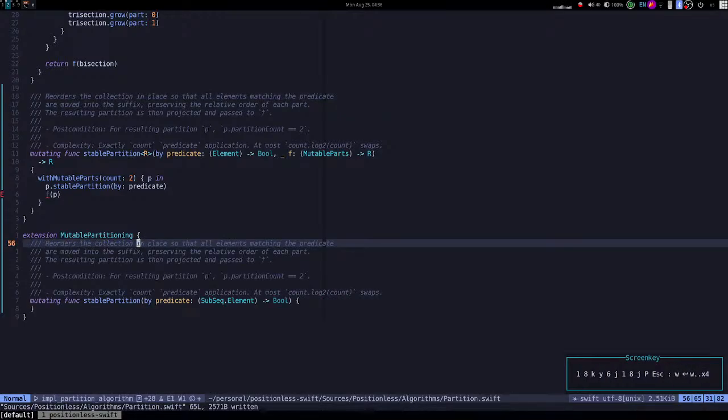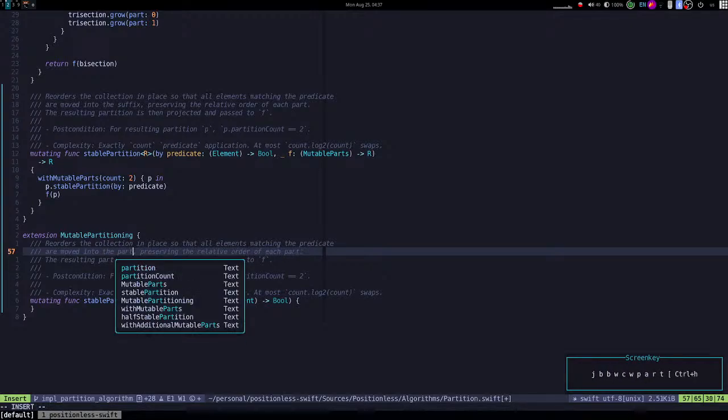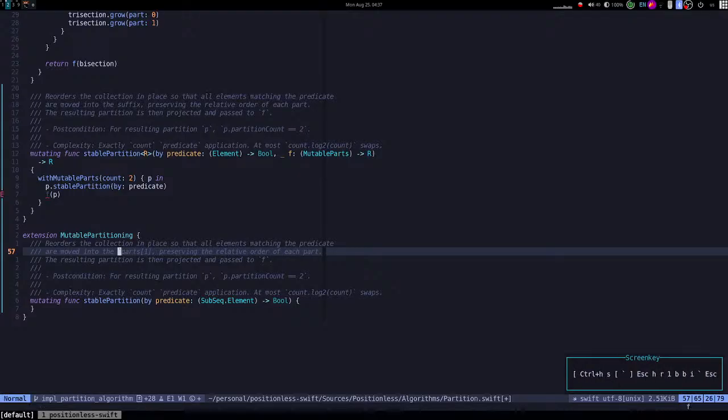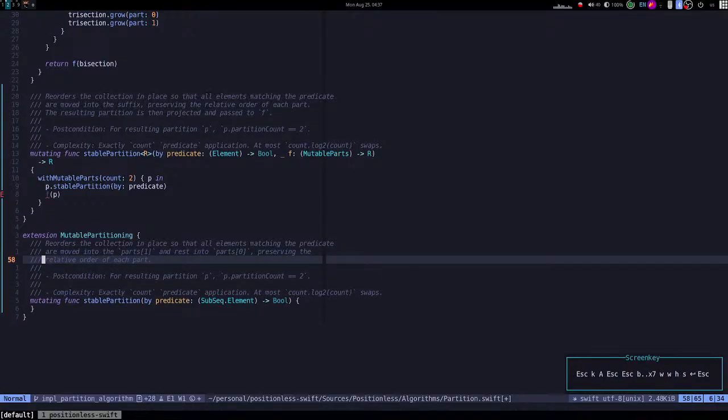Reorders the collection in place so that all elements matching the predicate are moved into part 1 and the rest into part 0, preserving the reordering of each part, right? And that's it. Post condition,